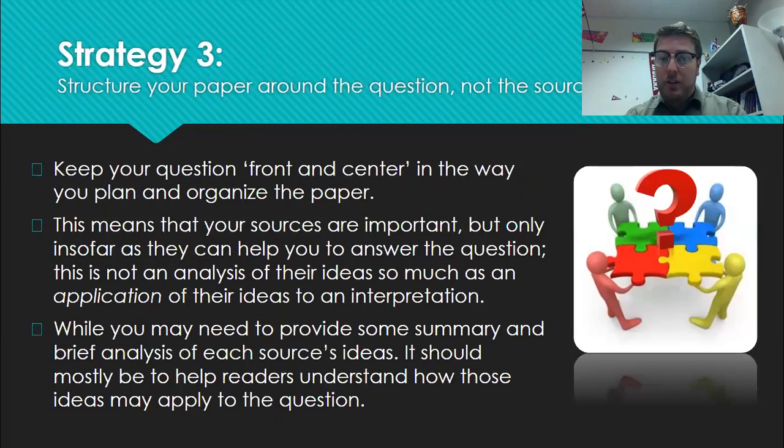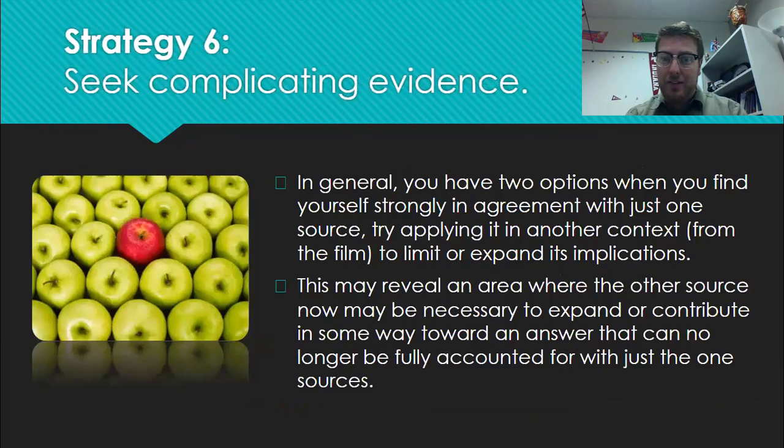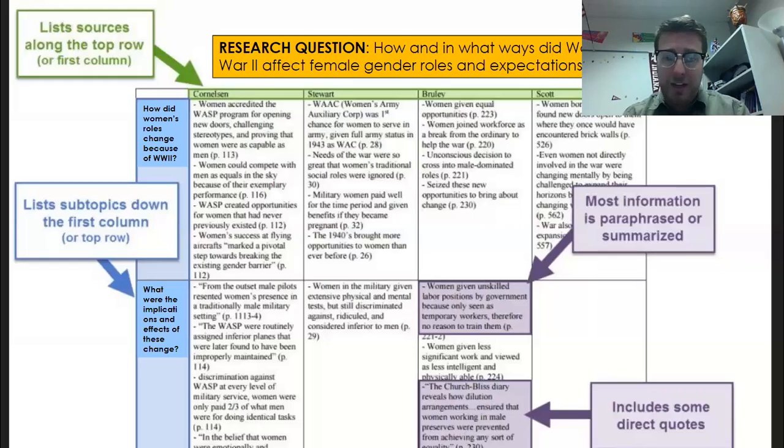And so what we're going to do for that, I'm skipping ahead here in the slideshow because the rest of this we'll be looking at a different day, is we're going to create what is called a synthesis matrix. Now, a synthesis matrix is just kind of a chart that allows you to visually see what sources are going to play a role in what parts of your paper. So you might think of this as almost being like an outline / source organizer, okay? But the idea here is to get a sense of how this synthesis is going to play out.